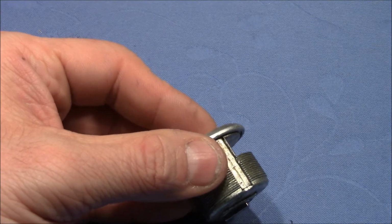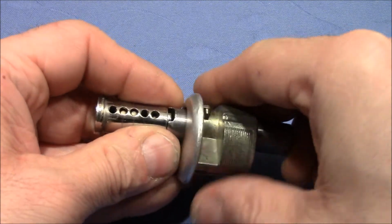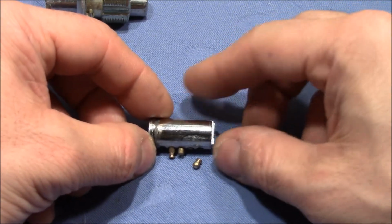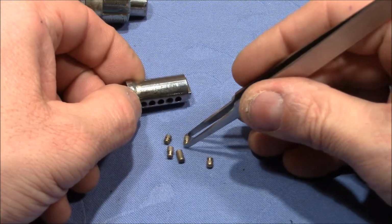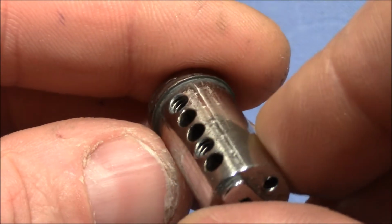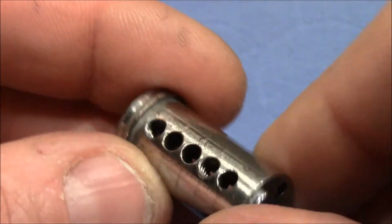I need the follower with the groove. Key pins are pointing upwards. Okay. So let's have a quick look at the plug. We have threading in 1 and 4. And how about the others? Smooth. Okay, just threading in 1 and 4. Okay, let me sort the